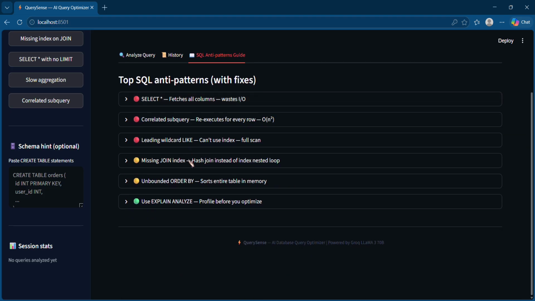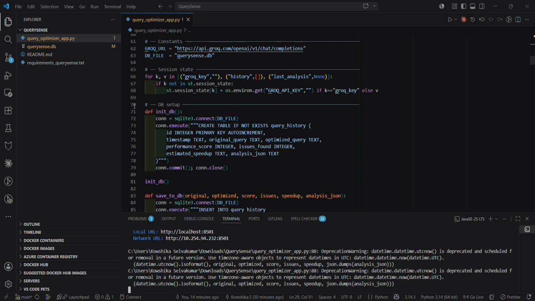Well, this project QuerySense is built to drop into any team's workflows. No infrastructure, just two packages, one Python file, where you can see this code. There's only one Python file, and our database is there too. I use a Groq API key for the AI-powered analysis, and it also works without an AI API key. It does not replace the DBA. It makes every developer on our team think like one before the bad query ships to production